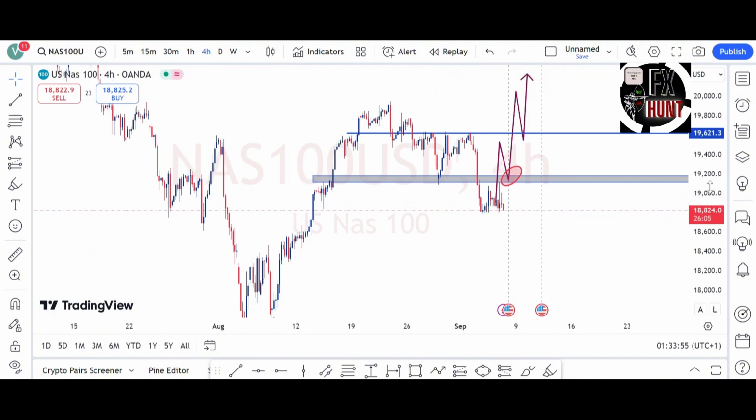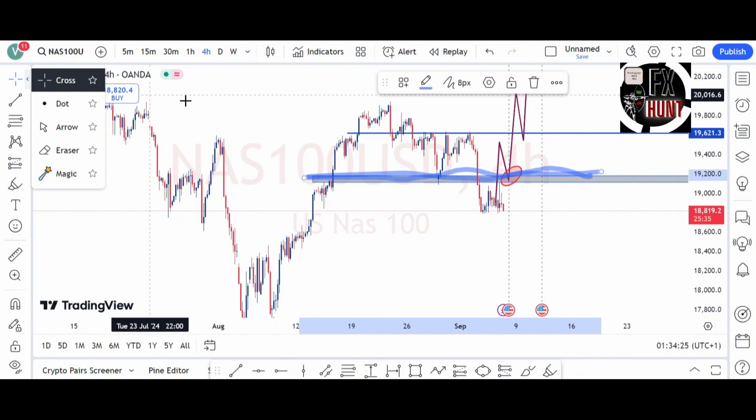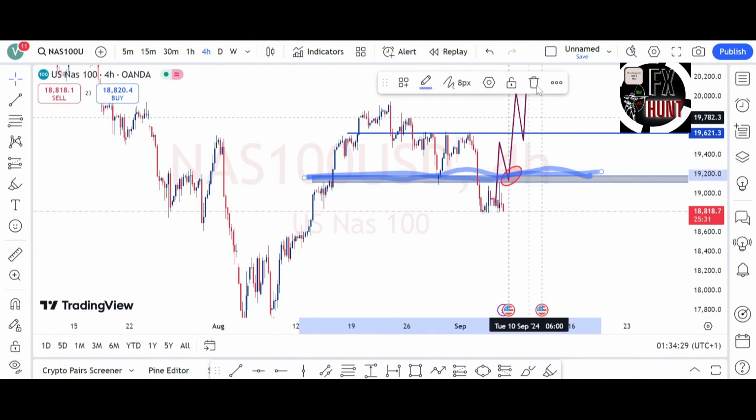So clearly, we are still standing on our analysis because it has not been violated. We are still expecting price to break out of this 4 hour resistance and turn it into a support. I made a mistake there. This is a resistance right now. So we wait for price to break out of this resistance, then when it breaks it, it will turn to a support. Wait for the retest of the support and continue upward. Whereas in the meantime, if price happens not to move the way I just said, what we are going to do is